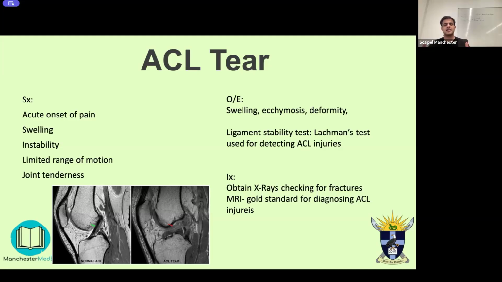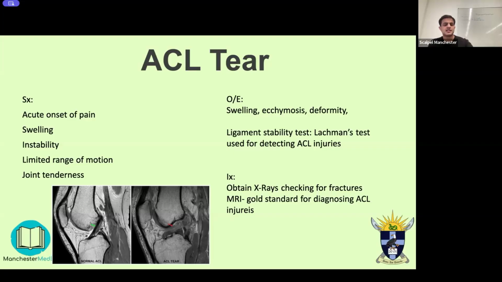So this is when you're asking the patient to bend their knee. You sit on the patient's foot, and then you pull the knee towards you. And if you're noticing that there's a lot of laxity there, so the knee's coming quite forward, you're going to notice there's an ACL tear. And so the gold standard to diagnose an ACL tear is an